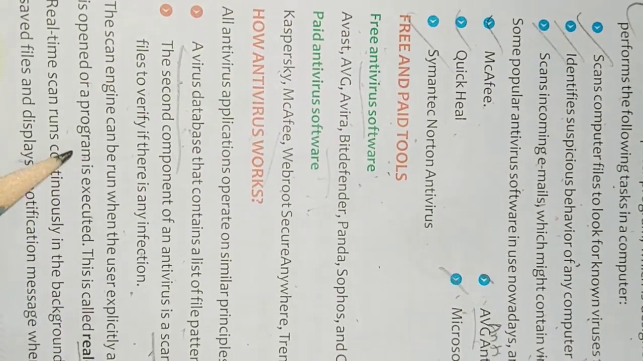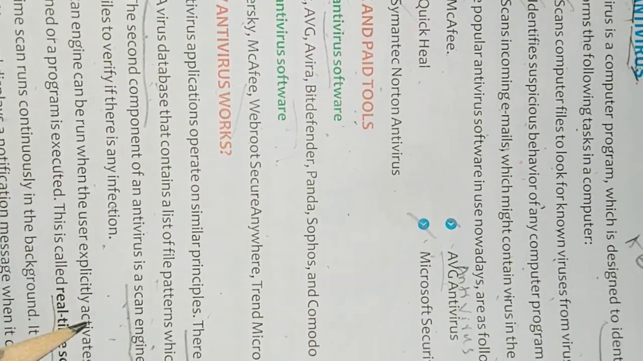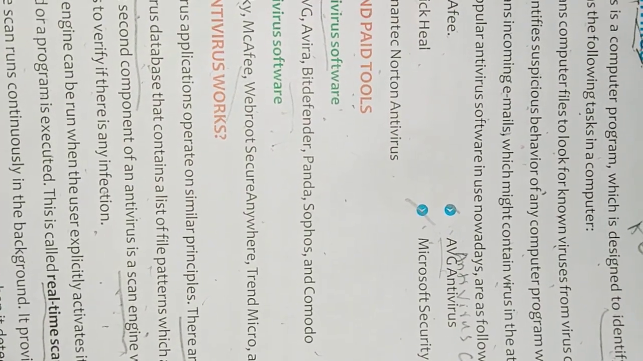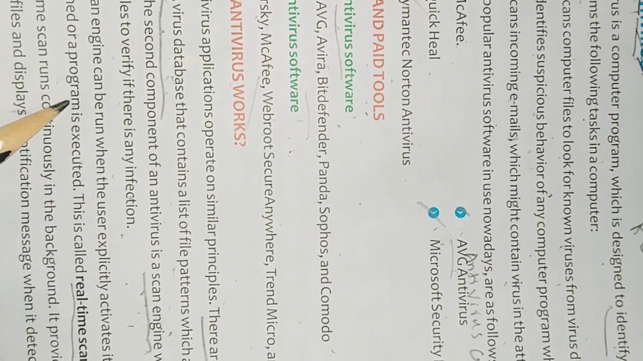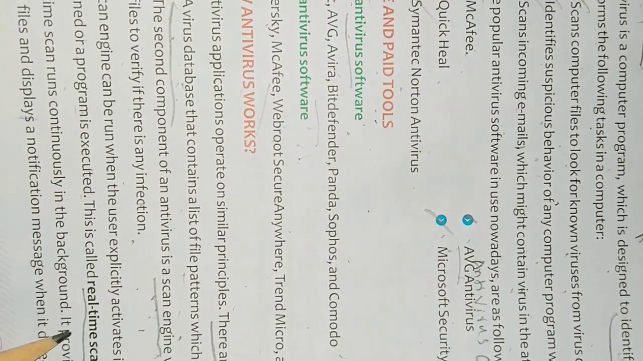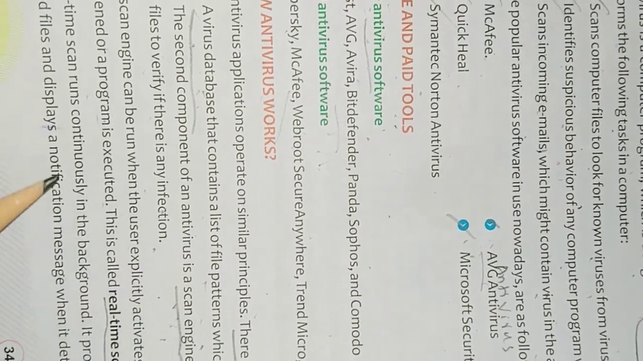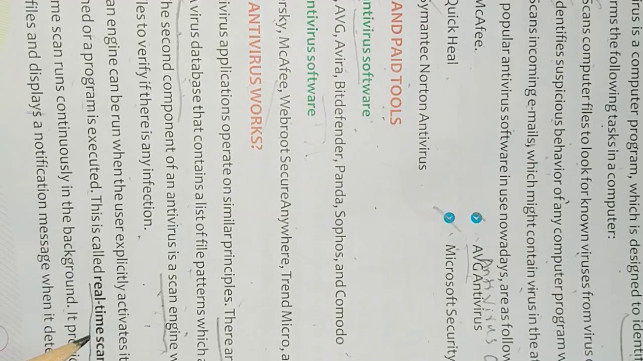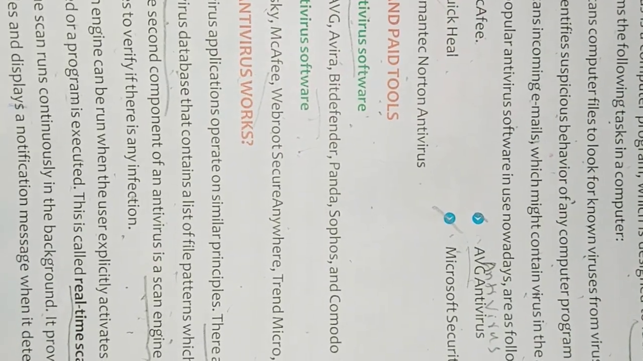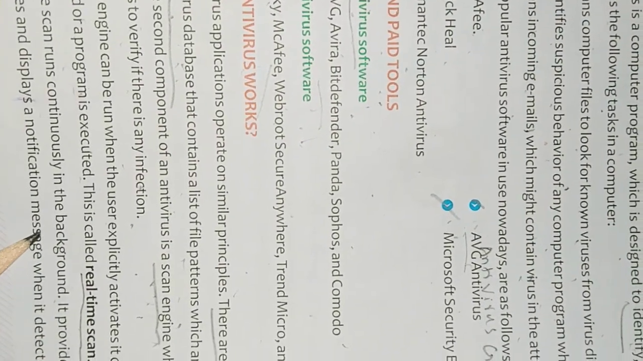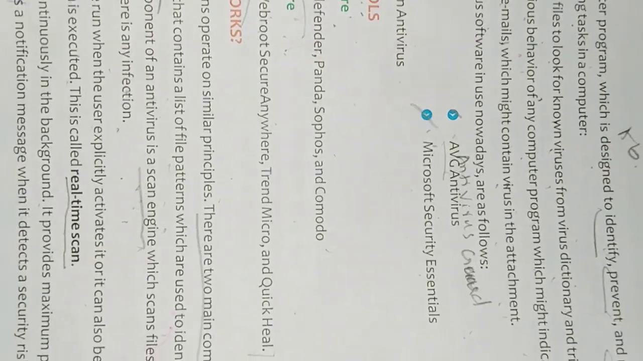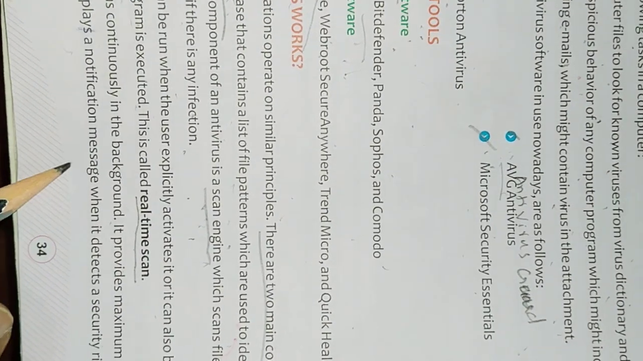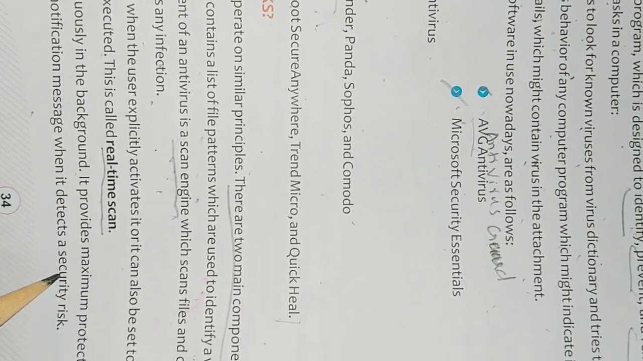So what is real-time scan? The scan engine can be run when the user explicitly activates it, or it can also be set to run automatically anytime a file is opened or a program is executed. This is called real-time scan. Real-time scan runs continuously in the background. So when your scan engine is set to automatic, it will run continuously in the background. It provides maximum protection by scanning the opened or saved files and displays notification messages when it detects a